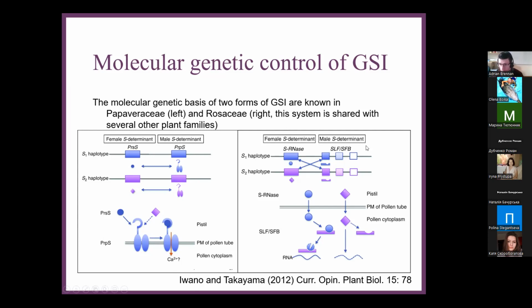In this other common S-RNase system, the pollen factor is an inactive S-RNase, and there's a female signaling molecule that enters the growing pollen tube freely, and if it interacts in a specific way with the S-RNase, it will activate it, and the pollen will destroy its own RNA, and that will kill it. That's the incompatibility action there.